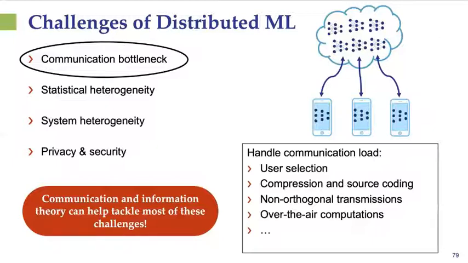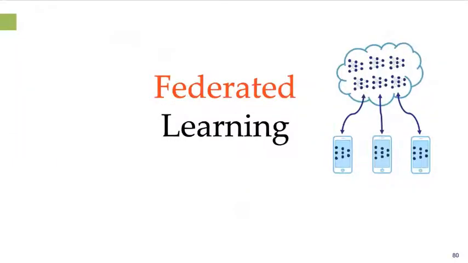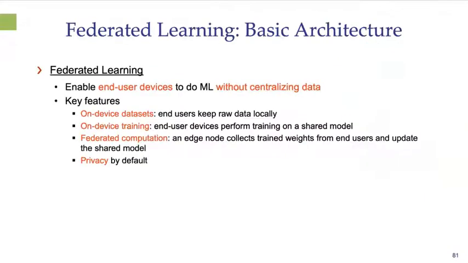So why don't we move ahead and talk about user selection and interference and how that interfaces or interplays, if you will, with federated learning. Okay, so here's a reminder of the model for federated learning. We have end user devices where learning is going to go on. Models are shared with an edge device or access point where they're aggregated and then returned back to the end user devices. So the basic idea of federated learning is we want to enable those end user devices to do machine learning without centralizing their data.